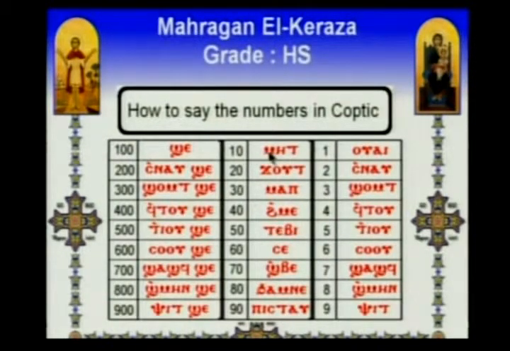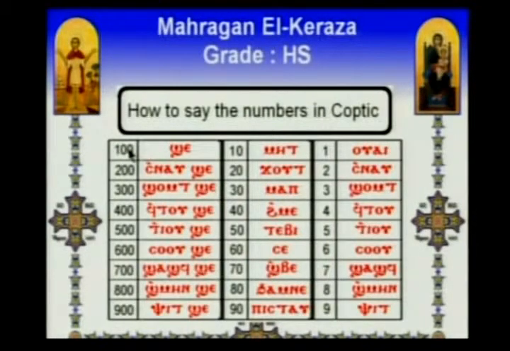So the 10 is meet. Meet means 10. Gut means 20. Map is 30. Ihme is 40. Tevi is 50. Se is 60. Eshve means 70. Hamne is 80. And Pistav means 90. And then the last column is easy because we don't add new words except the word